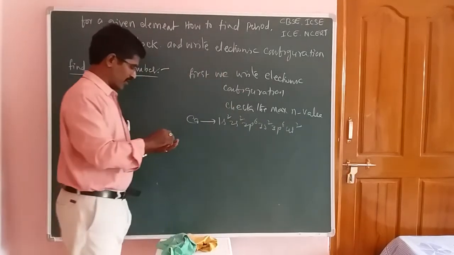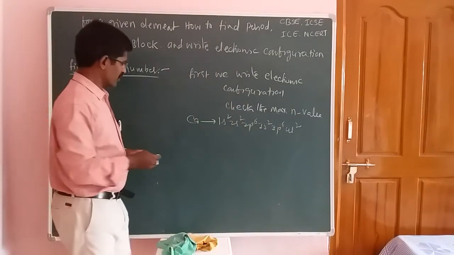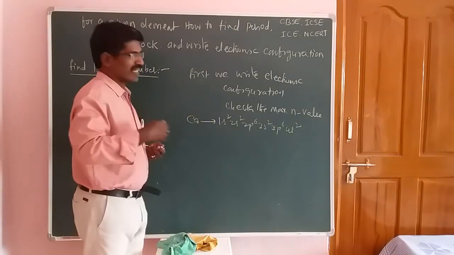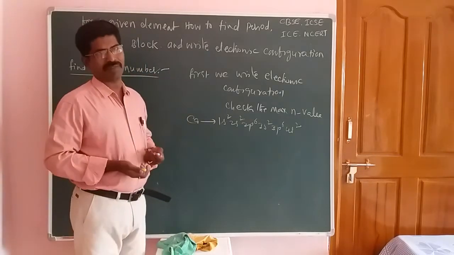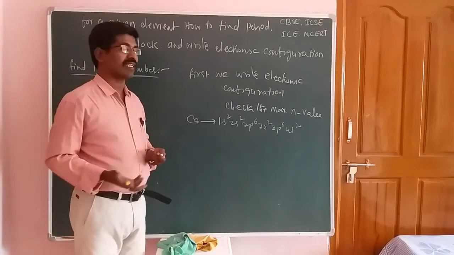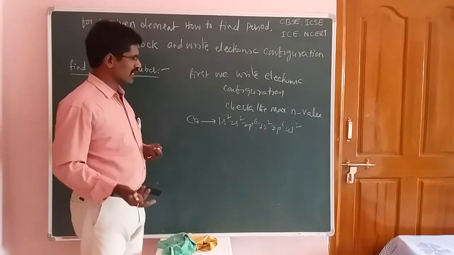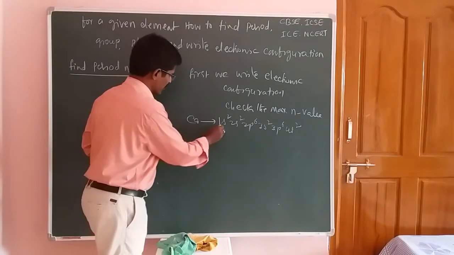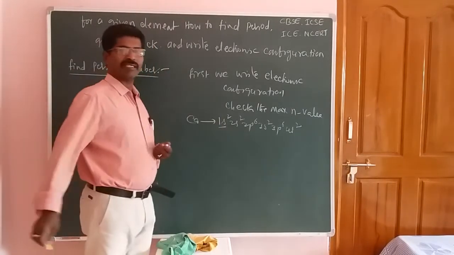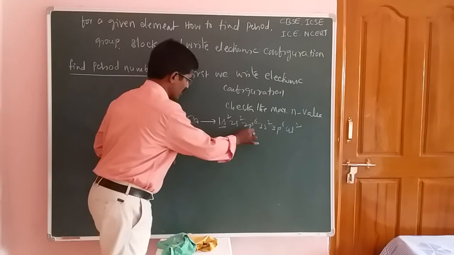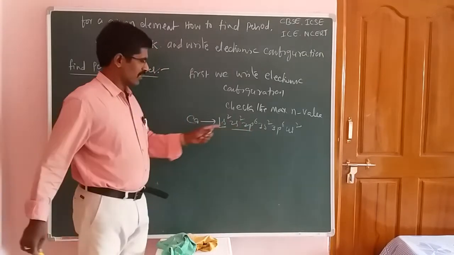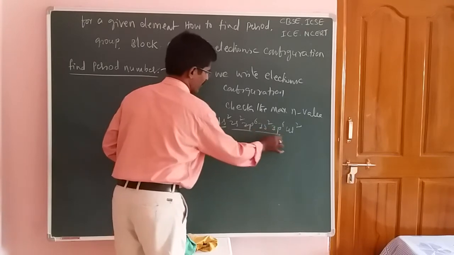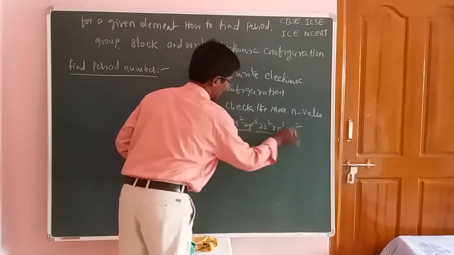So students, you know all over. So that means here, check that the last electrons are entering into which principal quantum number, students. So all of you see here, students. This one is the first energy level, that means n is equal to 1. And now it is the second energy level, 2s2 and 2p6. Next one is the third energy level, 3s2, 3p6. Now this one is the fourth energy level, students.